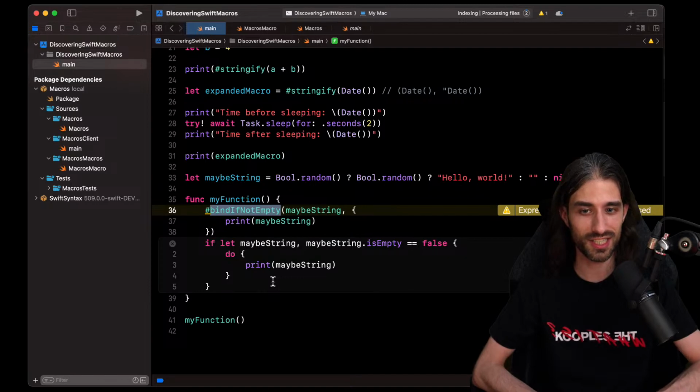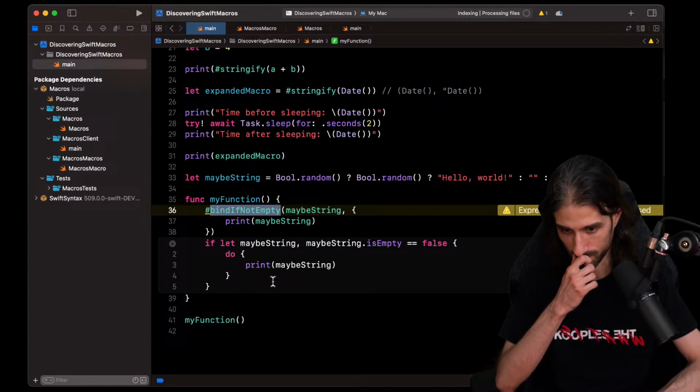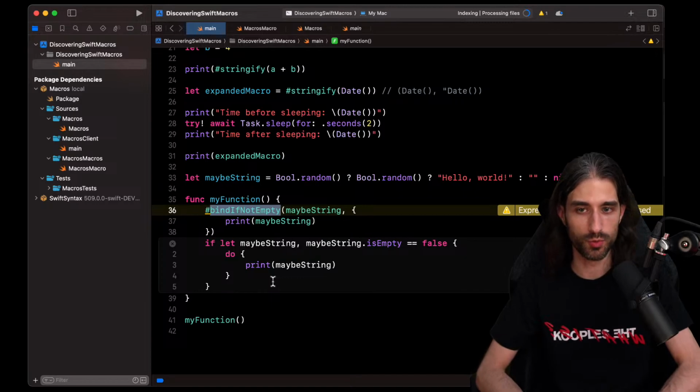So the lesson here is that if you want to write a macro, make sure that you really need it, and that there isn't another way to implement what you need, because writing a macro that will work in the correct case and that will provide insightful error messages when used incorrectly is definitely a big job, and in a way it's more of a compiler engineer job than an app engineer job.